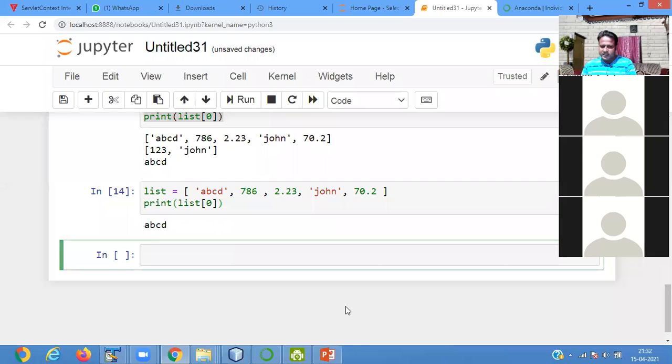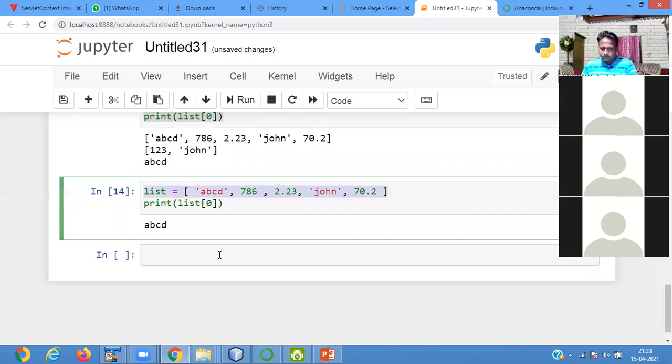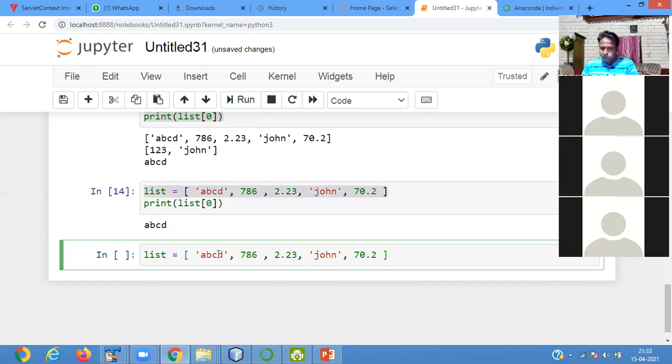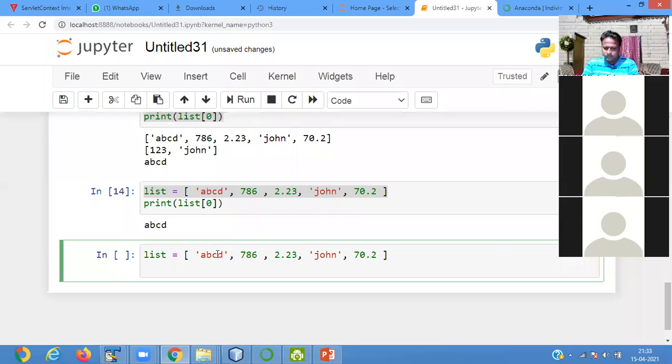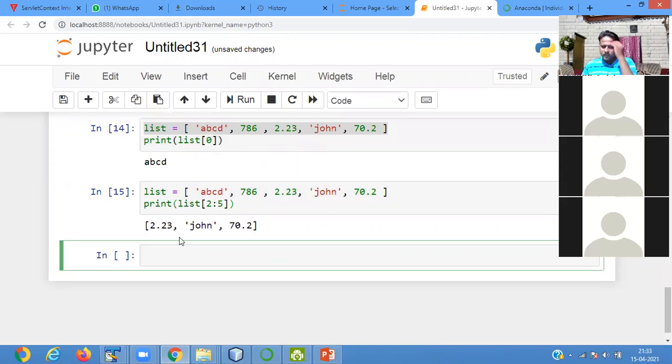The next is similar. If I write 2:5, it shows 2.23, john and 70.2.